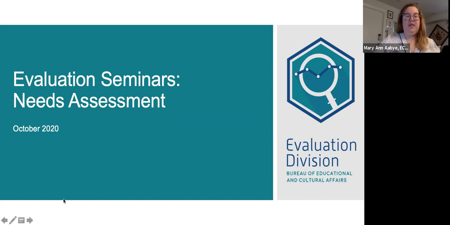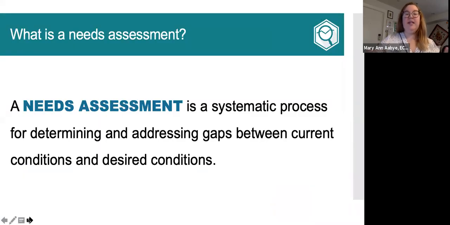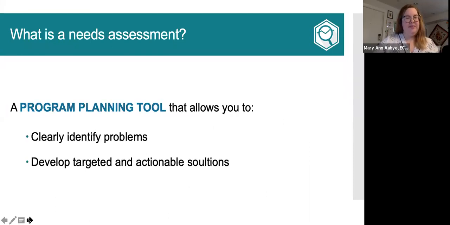All right, so needs assessments. What is a needs assessment? A needs assessment is a systematic process for determining and addressing gaps between current conditions and desired conditions. Essentially, it's a program planning tool that allows you to clearly identify problems and then develop targeted and actionable solutions for addressing those problems. A needs assessment allows you to better